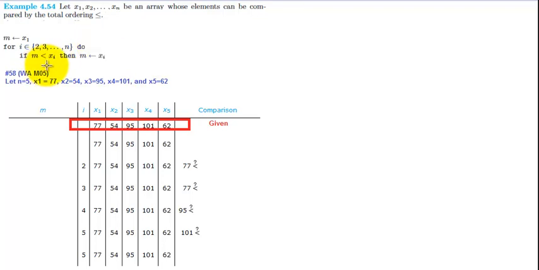If m is less than x sub I, then we're going to replace the value of m with this new x sub I value. And if that condition is not met, we just skip it and move on, incrementing our index up to the next value in this little set. All right, that sounds a little bit complicated, but let's work through the trace to see exactly how this would